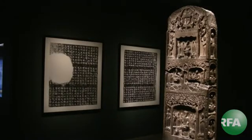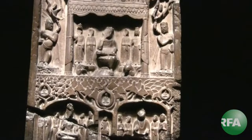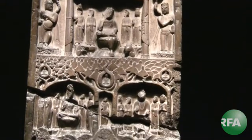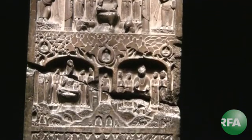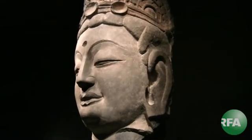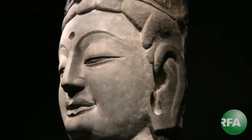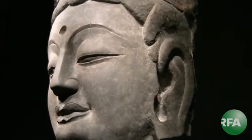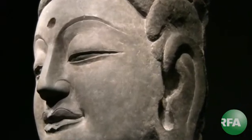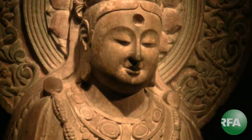The site itself, where the caves were excavated, is essentially limestone outcroppings. So the stone of the site is limestone. All of the images would have been painted originally. On some of them in the exhibition you can see traces of pigment even today, but this isn't 6th century pigment, it's not original. The images would have been repainted, regilded, redecorated from time to time over the centuries. It's not just an archaeological or art historical site, but it is still an active site of Buddhist